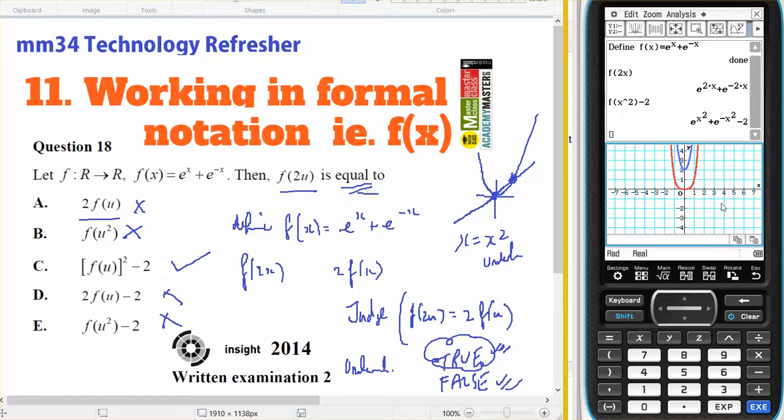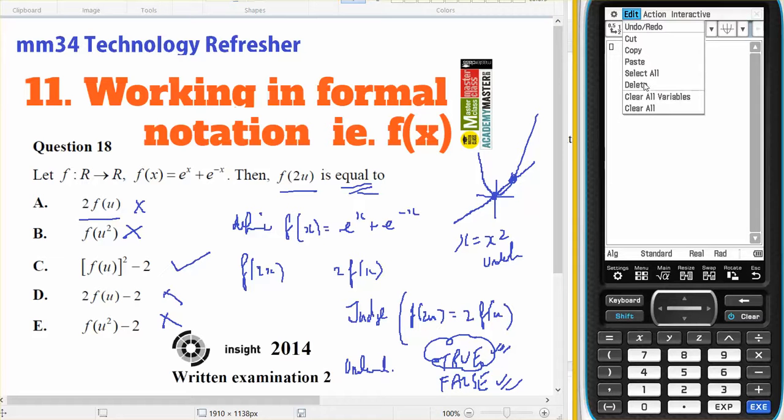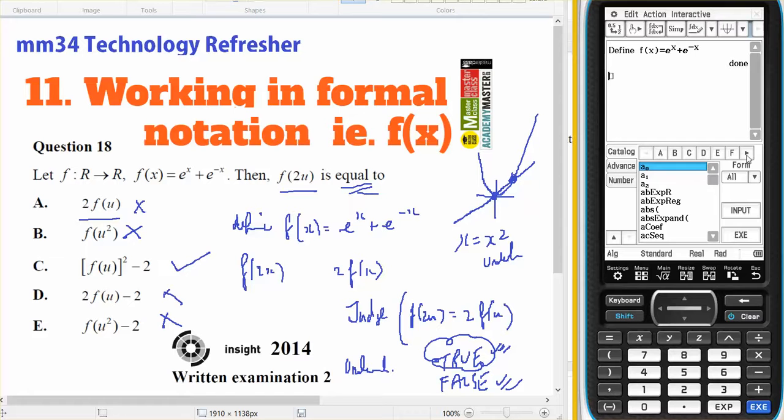Okay, so I'm not going to be graphing, so I might get rid of the graph. And I might come up to here. I might copy that, Edit, Copy, Edit, Clear All, and Edit, Paste. And press X. So I've defined it. Now I'm going to bring up my keyboard. I'm going to go to this down arrow. I'm going to come across to judge. You could type JUDGE as well and input,